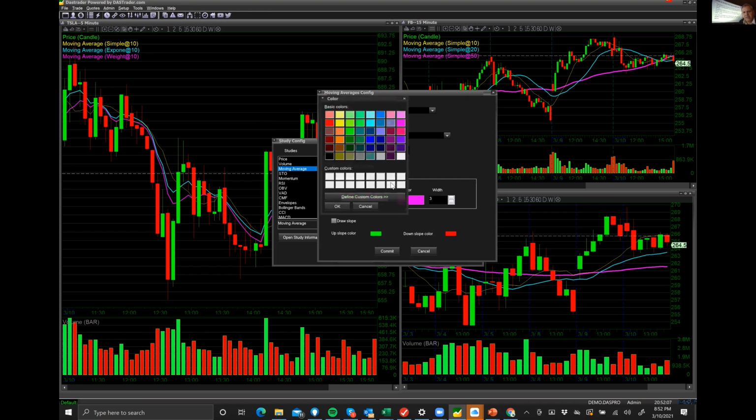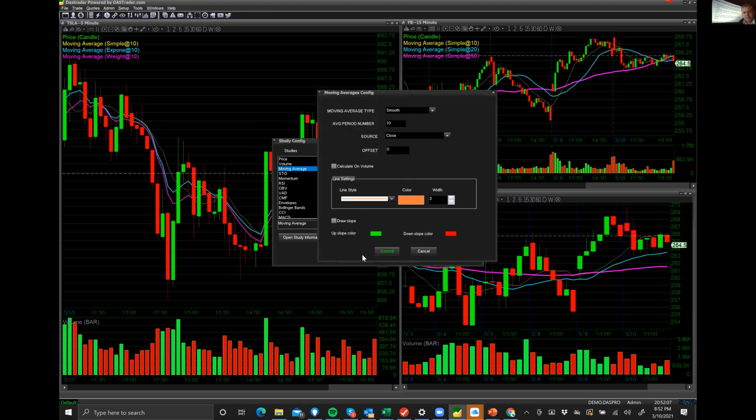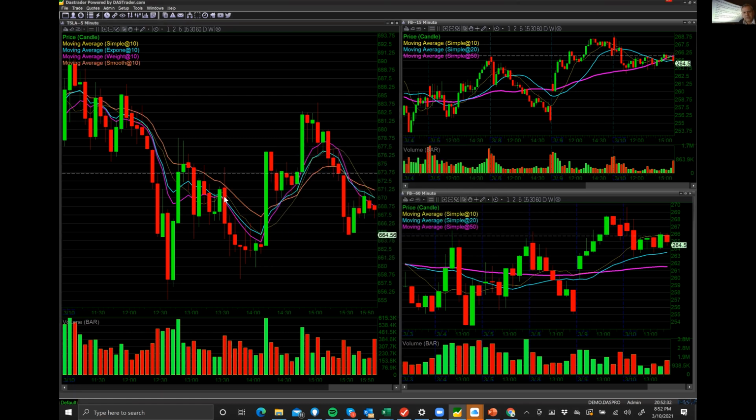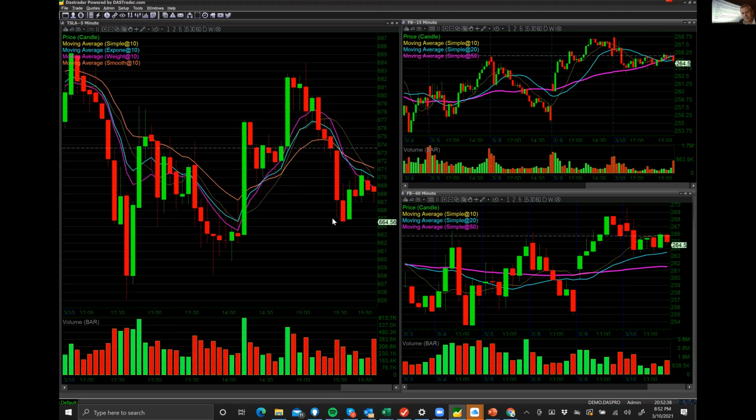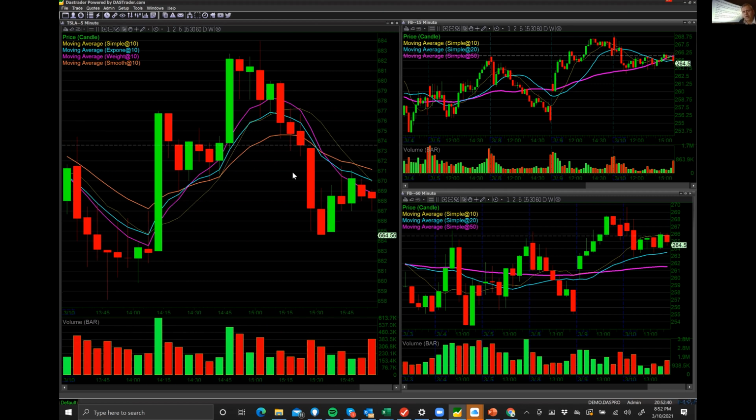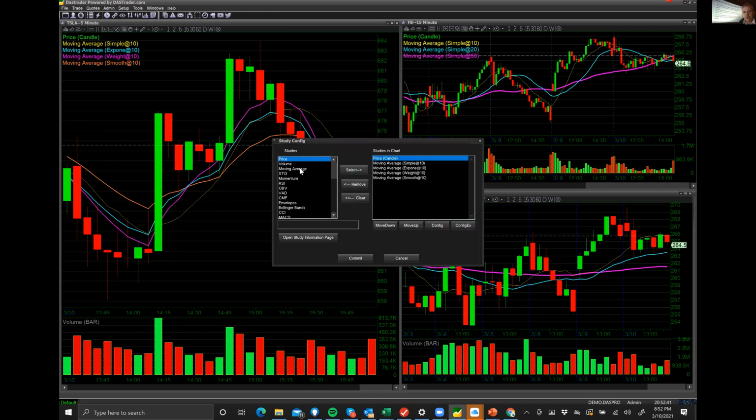Smooth. I'm going to change the color of this to orange. Notice the smooth moving average is a little bit further than even the regular simple moving average. And all we're doing is changing the calculation. Now, the next thing I want to do, and this is just again for educational purposes only,